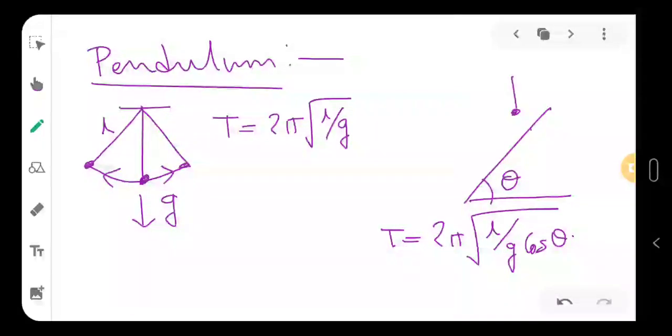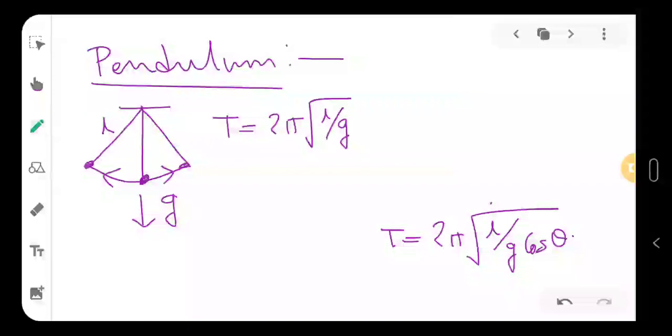So in that case, let's say the pendulum will oscillate like this somehow. Let's say from here it is dropping. So I know that g is working like this, but if I take the center of oscillation like this, in that case what will happen? I have to take this component. So this is g, this angle will be theta, so this will be g cos theta. So that's why instead of g I will write g cos theta. So in an inclined plane, this is the formula for time period. These two are important in these cases.